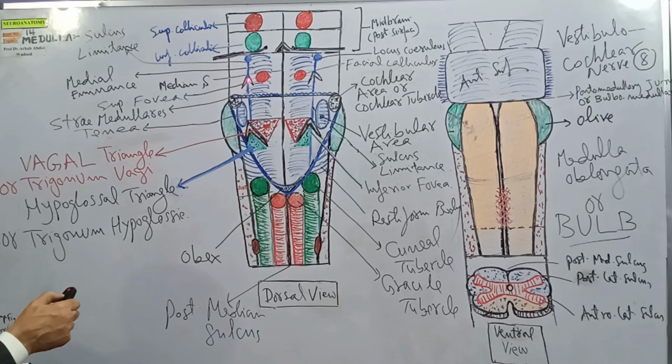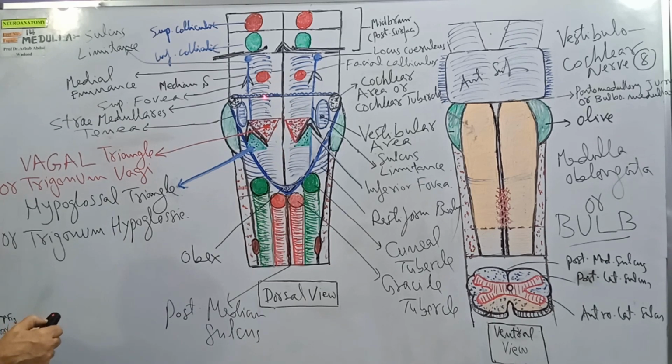At the level of the sulcus limitans, in the case of the pons, there is the superior fovea, and at the level of the sulcus limitans in the medullary area is the inferior fovea. At the upper end of the sulcus limitans, in the case of the pons, there is the locus coeruleus, neurons which contain melanin pigment and are visible to the naked eye. Then supromedial to the superior fovea on the medial eminence, on the dorsal surface of the pons, there are 2 hill-like swellings known as the facial colliculus.